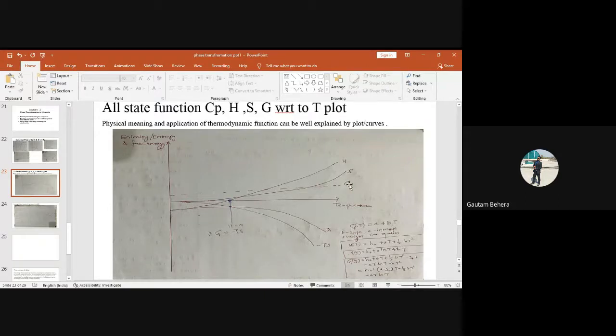Now you have Cp, you have enthalpy, you have entropy, and you have temperature. So now you can draw, if the entropy curve is this one, which is in the positive direction, then what will be minus Ts? That means I am multiplying minus T with entropy, so the curve will be just opposite. It goes down, obviously. So you can see the minus Ts curve is here. It starts from 0 and goes down like this, because you have multiplied by a negative temperature here, right?